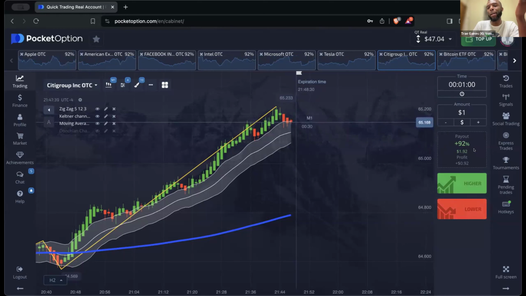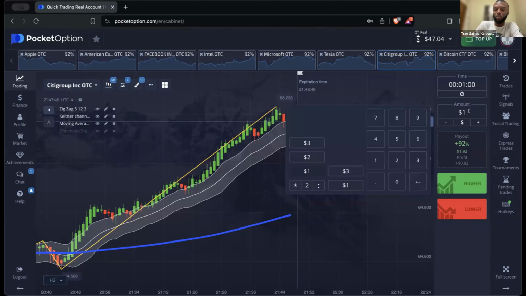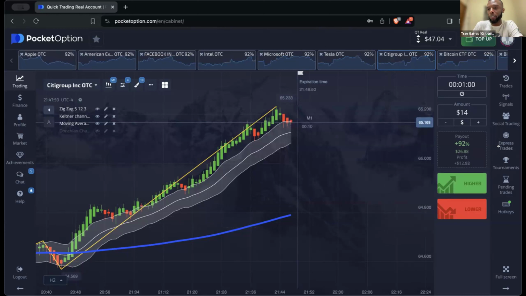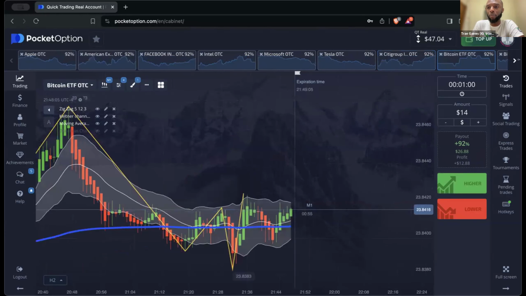92%, that's how much we get paid out. So if I put this trade in and I win, it says $1.92, but I profit 92 cents. I profit my dollar plus the 92 cent payout. So let's just say I do $14. It says I make 26, but I'm actually profiting 12 because I make my 14 plus that 12. So making 12.88 in that 1 minute. So that's just a very brief